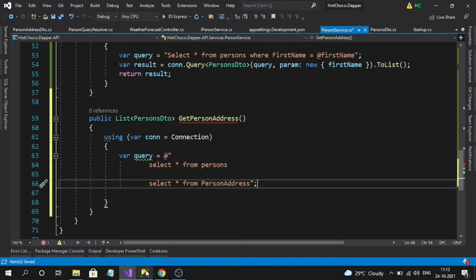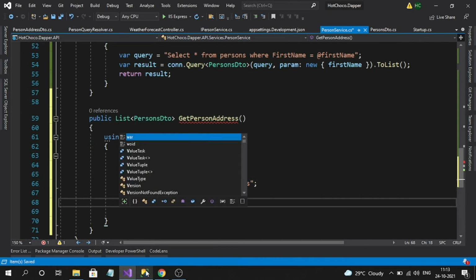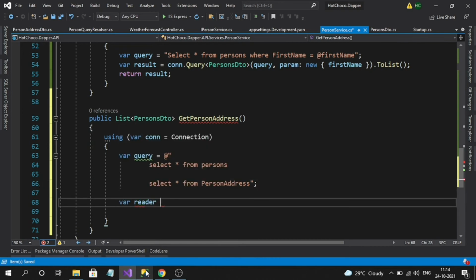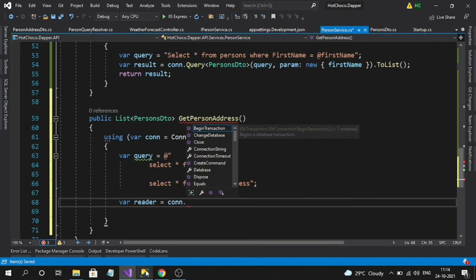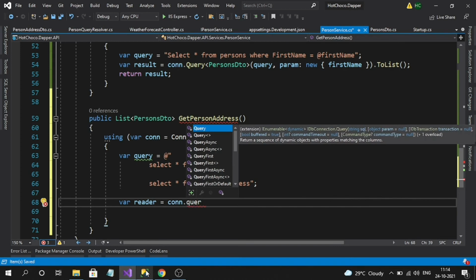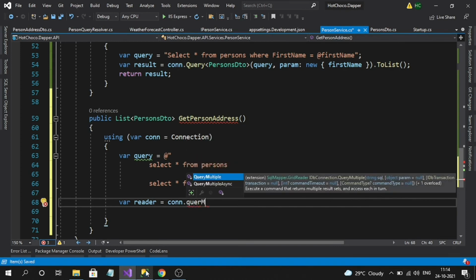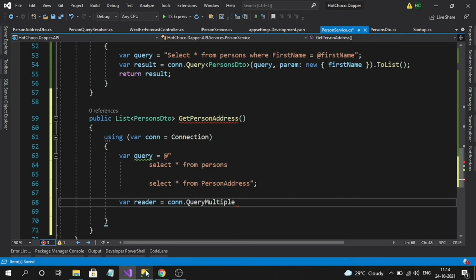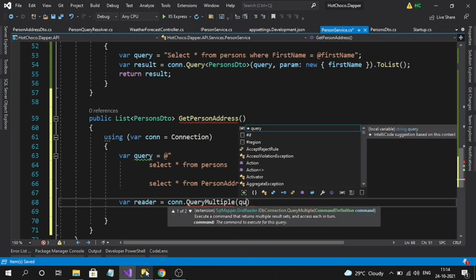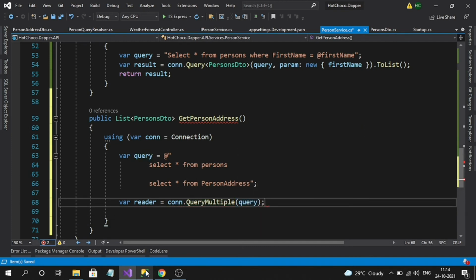Okay, so what I will do, var reader equal to con dot query. Query won't support this because query is only for a single result set. So to get multiple results we have to use query multiple, and I simply pass my query.